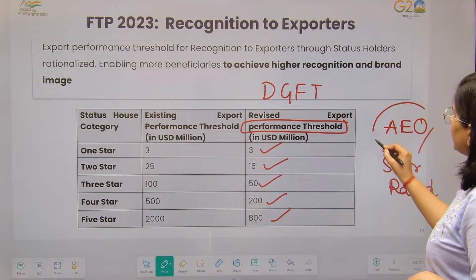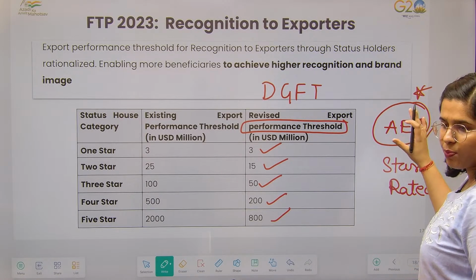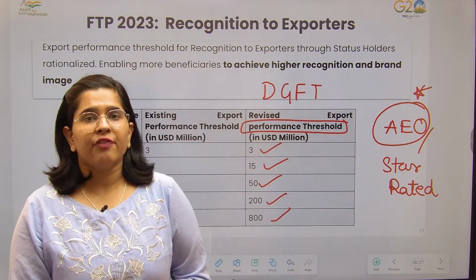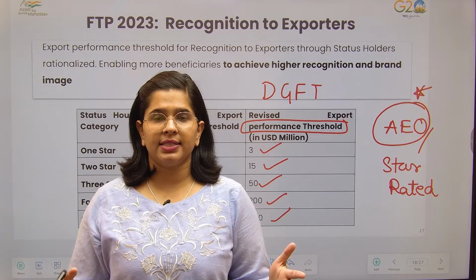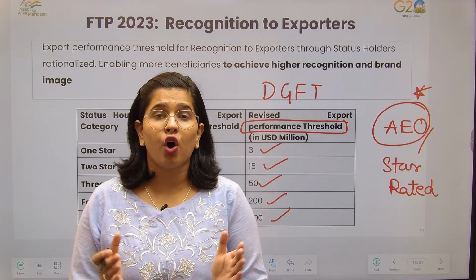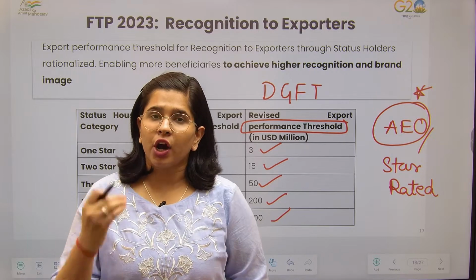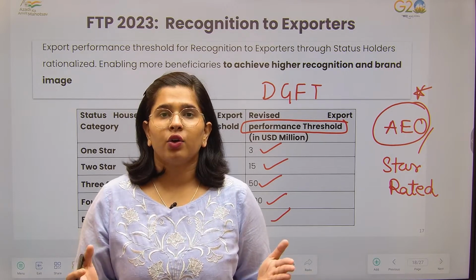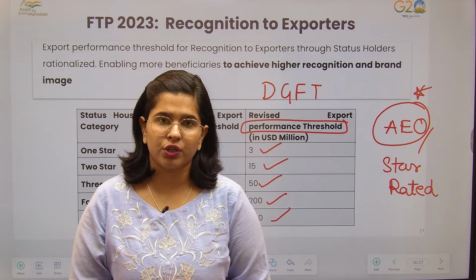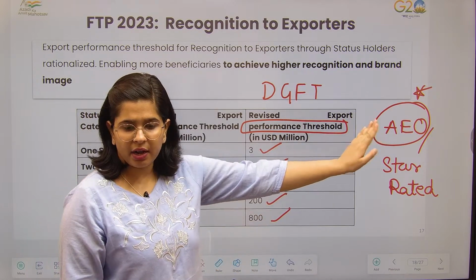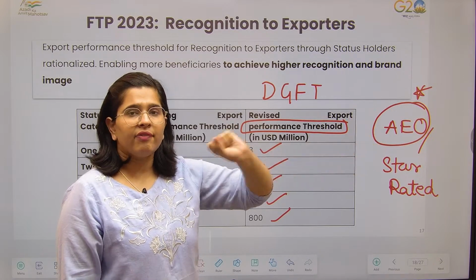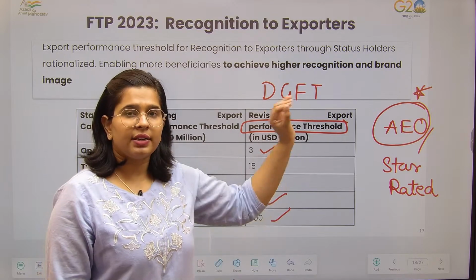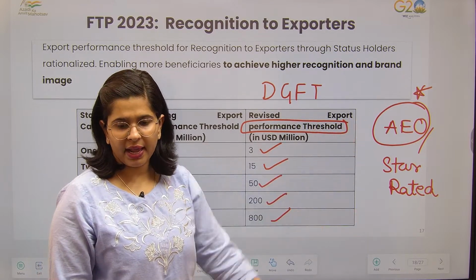This one is internationally recognized. So all such export houses or exporters who follow international practices, right? They follow all the supply chain related sensitivities. They follow all the compliances and rules and regulations, not just Indian, but also the international or overseas rules and regulations related to the goods. So these individuals are given such a status. When we'll be discussing the complete FTP, at that time we are going to discuss the difference between AEO and the star rated export houses.